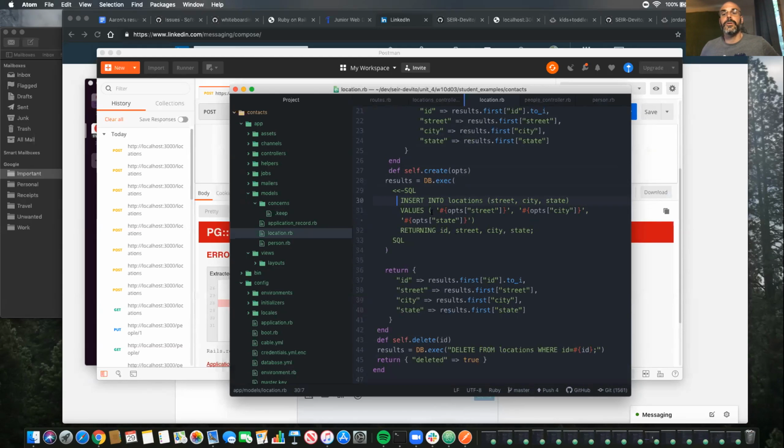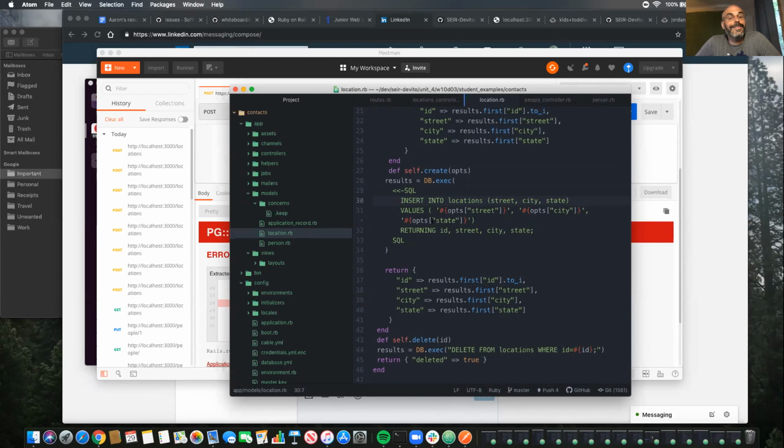Ops, city looks good, comma, ops, state looks good, returning ID. Oh, no, yeah, that looks good. ID string, and then return ID results first to string, street, city,